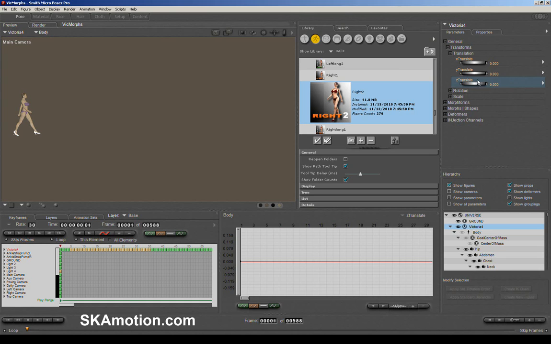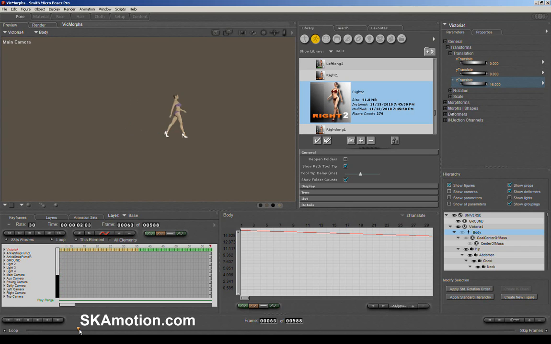So let's just have a look. At the moment it looks like she is, you know, she's off camera left, but if we wanted to, we could reposition her anywhere we like. Let's say that we have the body node selected, and then if we just translate her over, say 16 units, then what that's done is it continues the animation.